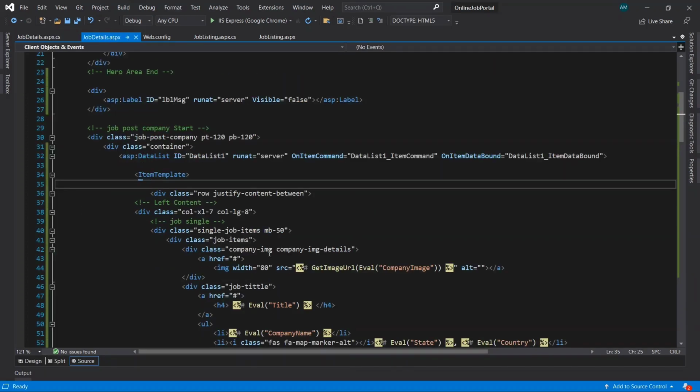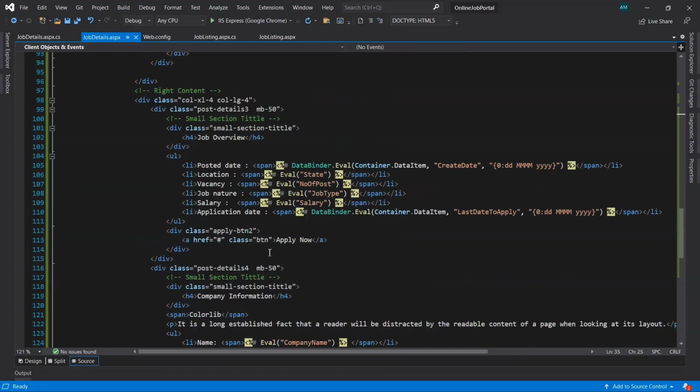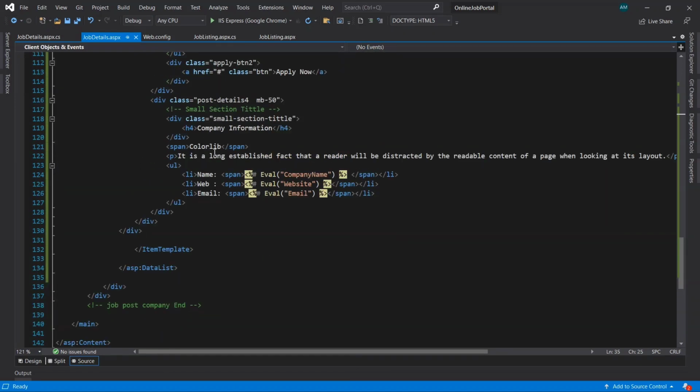Go to the design page. Here we need to give the company name. Just copy this code and paste it here. Save it. And here also we need to give something.